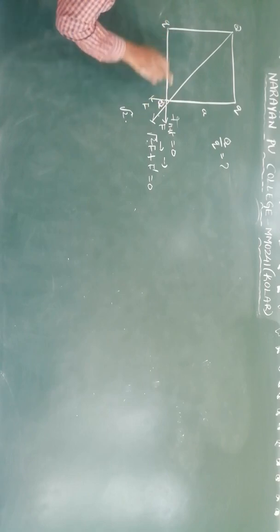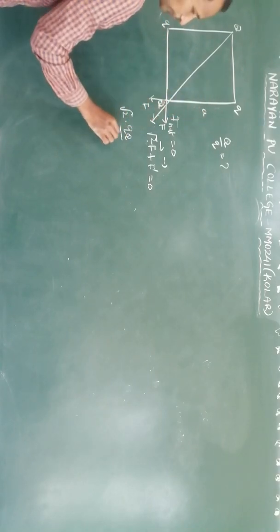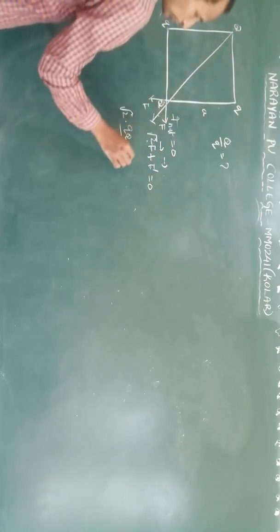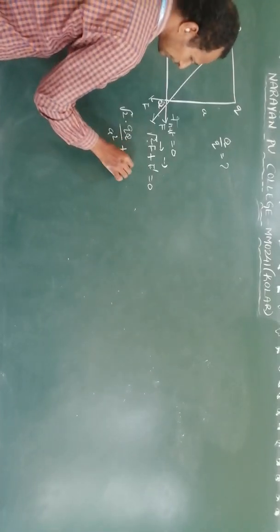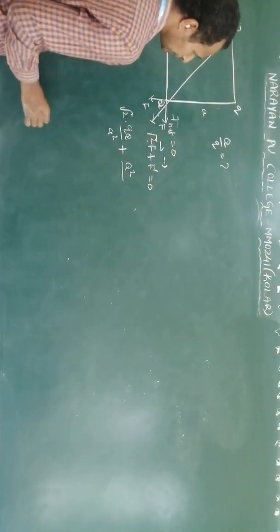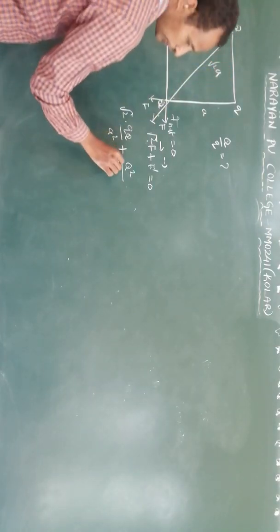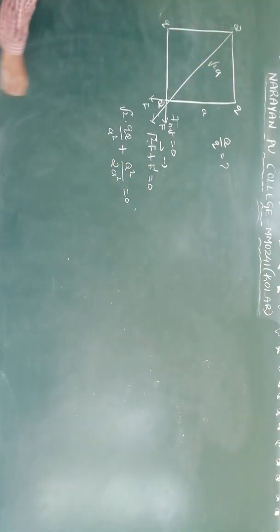Okay, then force, write down directly. Okay, Q by, what is the distance between them? A square plus this force between these two. I am not taking constant because K is common in both cases. So this I can take Q square by distance between them. It's a diagonal, length root 2A. Root 2A square is 2A square, is equal to 0.